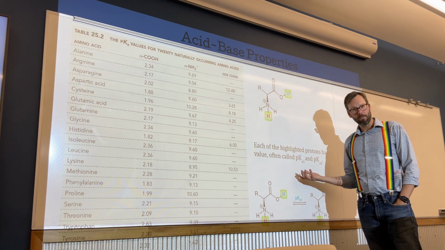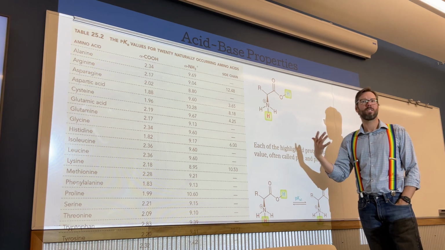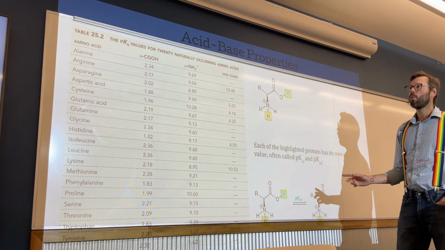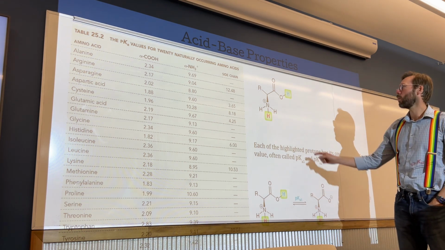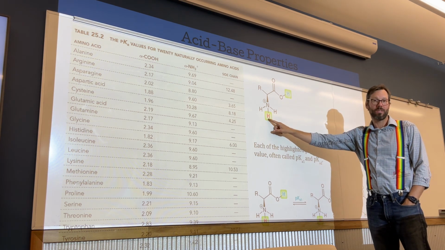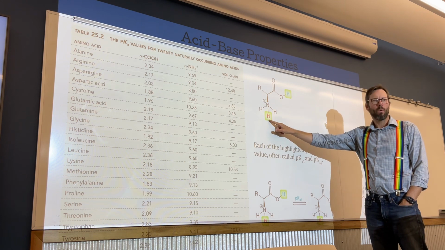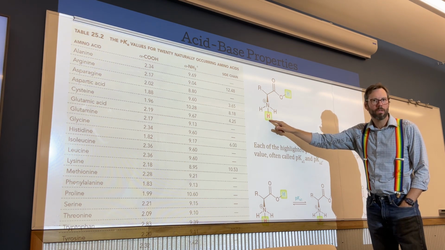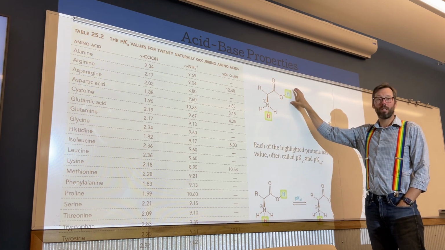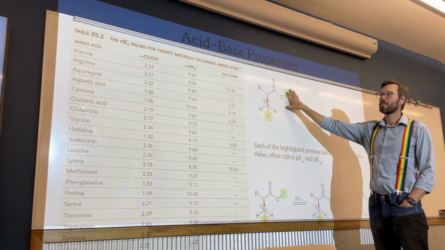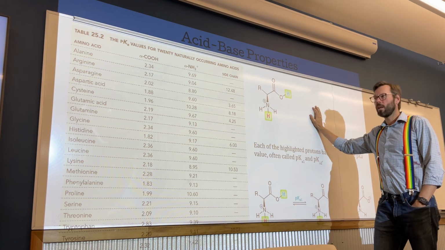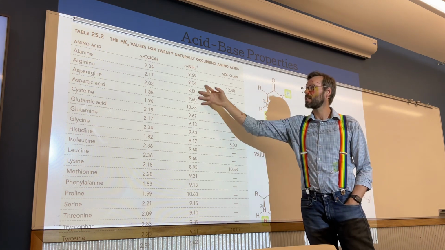And in the body, what we call physiological pH, that's going to be 7.4, okay? And so an amino acid will be an acid or a base, or it will have the hydrogen, or it won't have the hydrogens, depending on what the pH is, okay? So in our body, that's going to be 7.4, and that means that some of these will be protonated and some will not be. And all you gotta do is look at this list to see what the values are